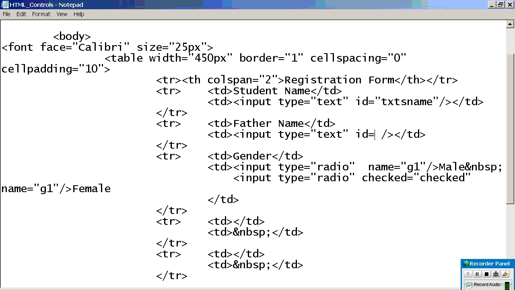So what can I use? TXT name, father name, coming to here.